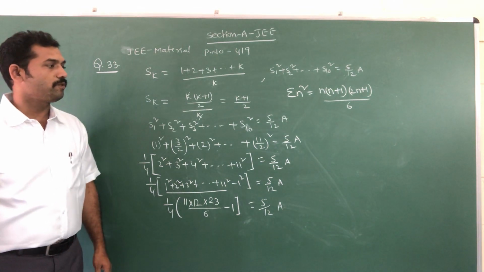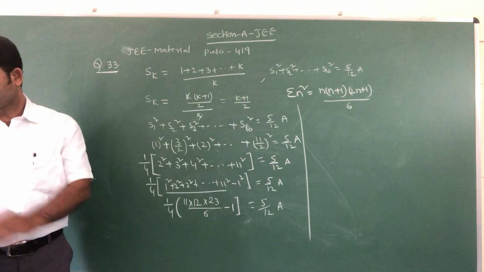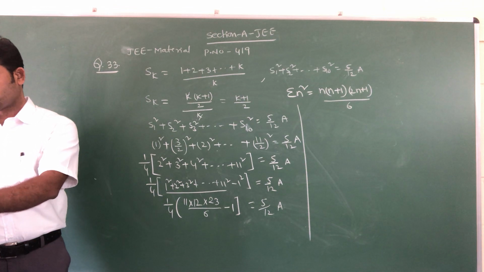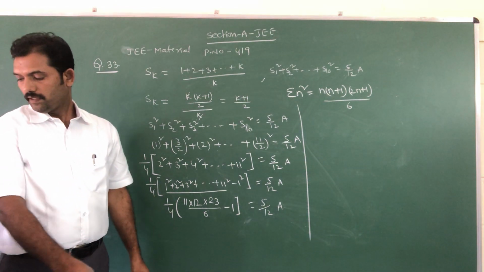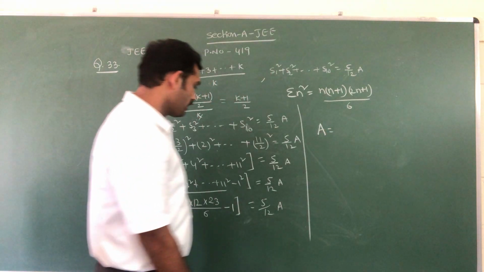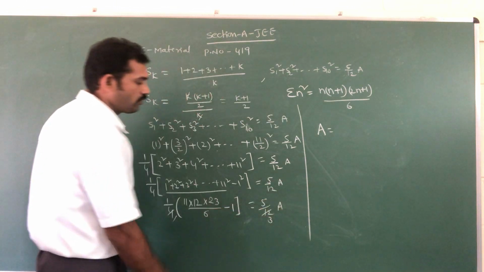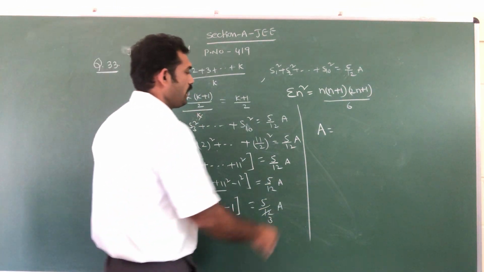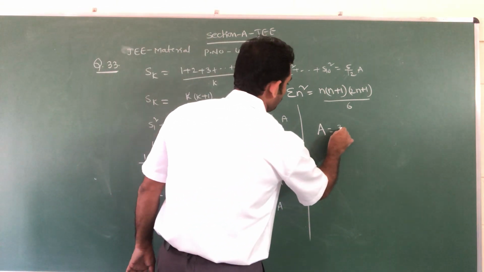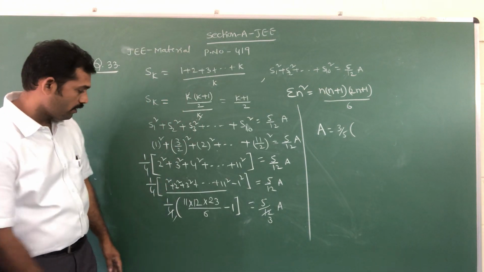Again, it is simplified. We are getting, it is cross multiplied. So A is equal to, cross multiplied here, 4 ones, 4 threes, so remaining 5 by 3. So 5 by 3 we bring to the right hand side, so 3 by 5 of the bracket. So what happens to that value?